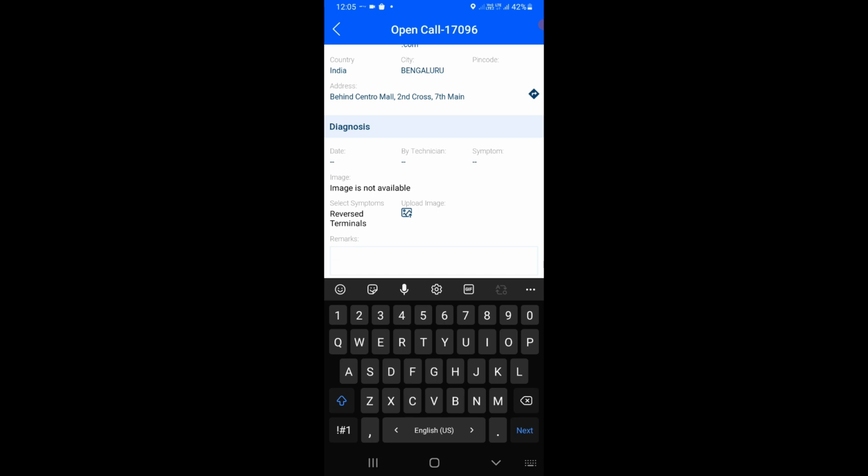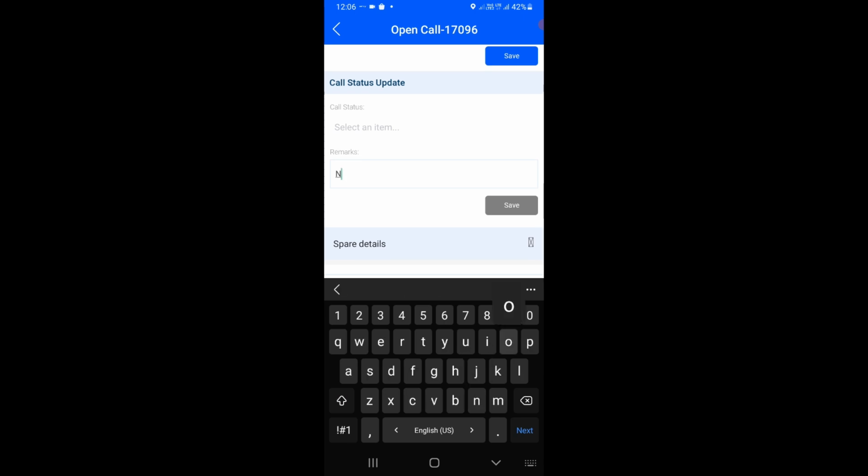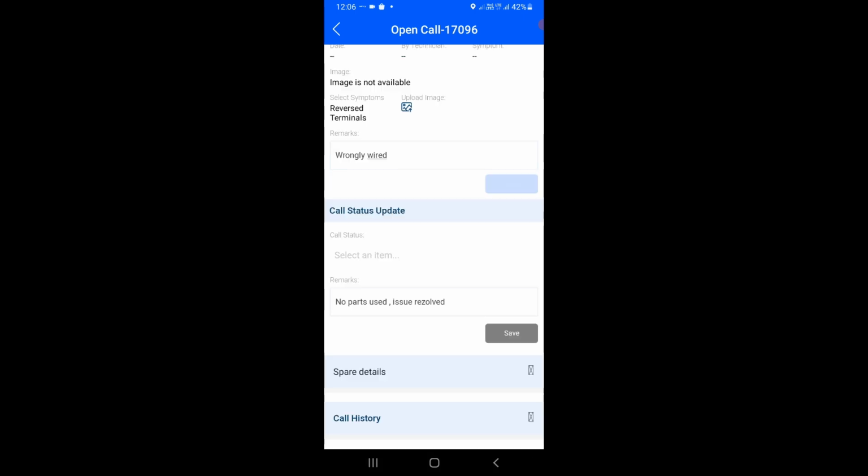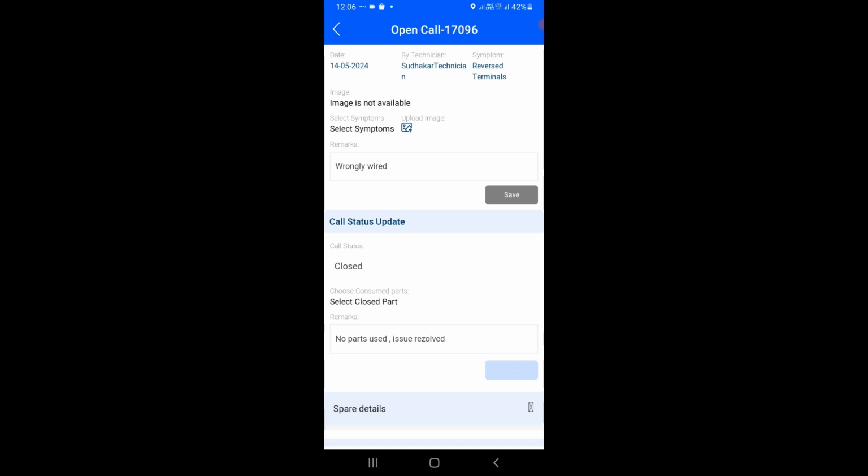So if there is a checklist which is created by the organization, that checklist will be shown when the technician is servicing the car. If there is nothing created, of course, you only have the default checklist, which is shown during the breakdown. So here you see